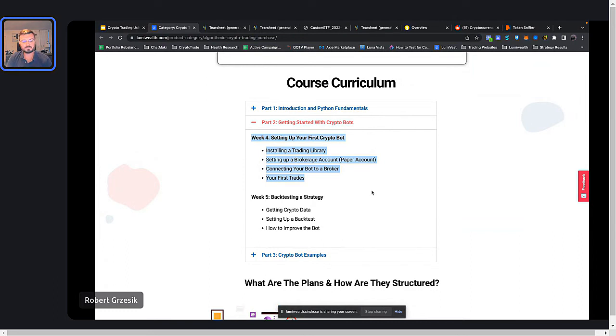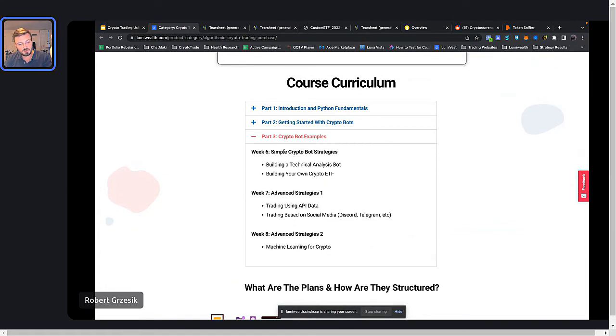Week 5, we're going to show you how to backtest a strategy, which means how are you going to get the data for this? How are you going to load that data into the backtester? And how are you actually going to go through and backtest this? And importantly, how do you use these backtests to come up with good insights? Is this a bot that you want to run? Are you going to make money doing this, right? How can you tweak it, right? Are there things that you can make your bot better with, right? How can you do all that sort of stuff, right? That's going to be week 5. You're really going to be able to build, not just build bots, but improve them and make them better over time using the stuff you learn in week 5, right?